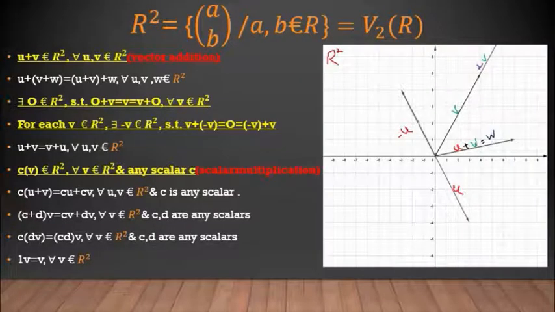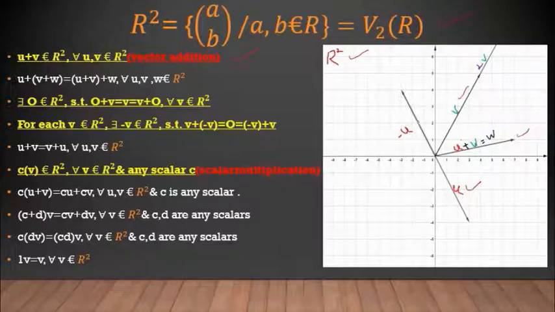Let us see now how it is a vector space graphically. Now let us see the same R2 which we have taken. We are seeing on the graph sheet here R2. Then according to the definition of vector space, we have all these 10 conditions here. But among these 10, first I will highlight those which are important. The first one is u plus v belongs to R2 for all u, v belonging to R2. This we understood previously graphically, and here you have vector u and vector v. The sum of these two, u plus v, is again in R2 only. That is, vector addition is closed.